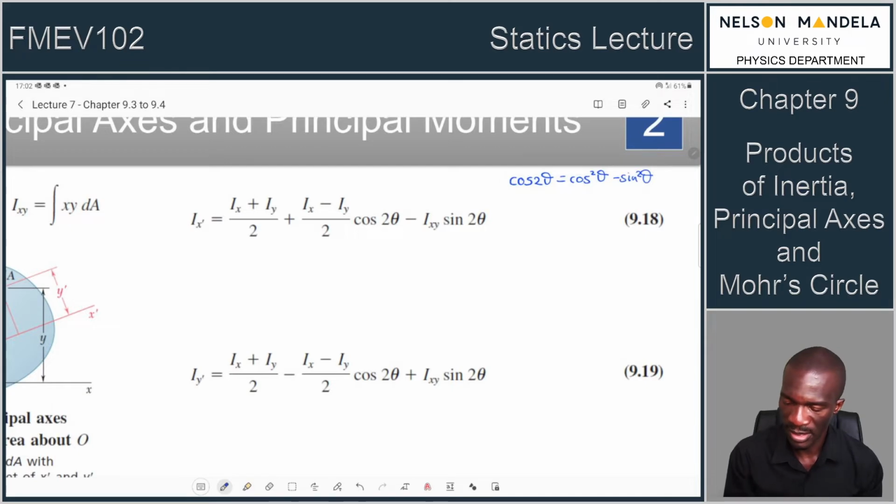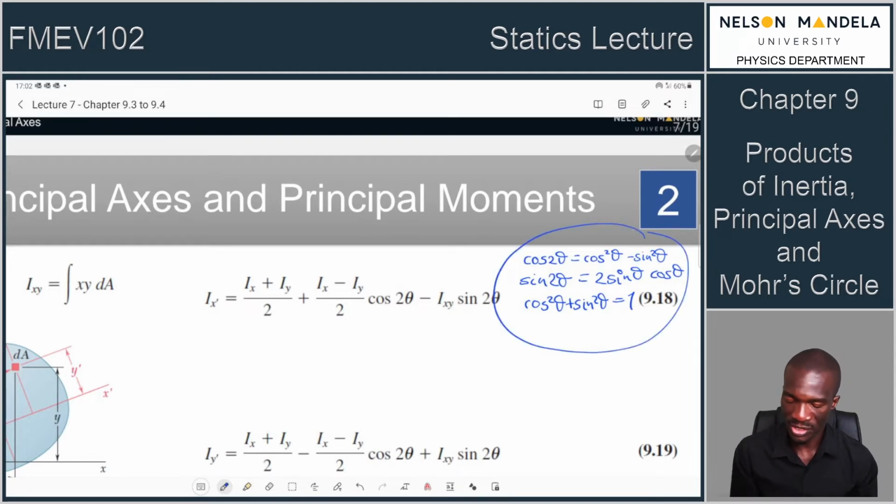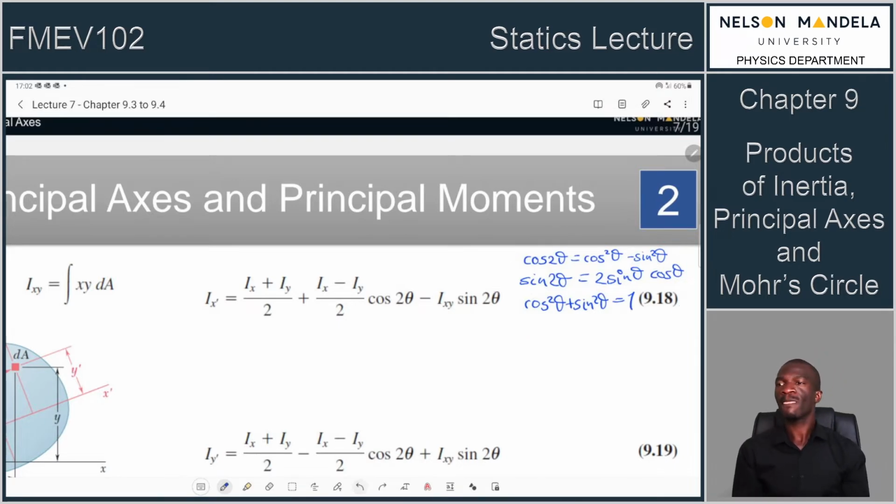I think it's sine 2 theta, isn't it? Sine 2 theta should be equal to 2 sine theta cos theta. Then it also means that you have the equation which says cos squared theta plus sine squared theta is equal to 1. Right. So with these three trig relations or trig identities, we should be able to